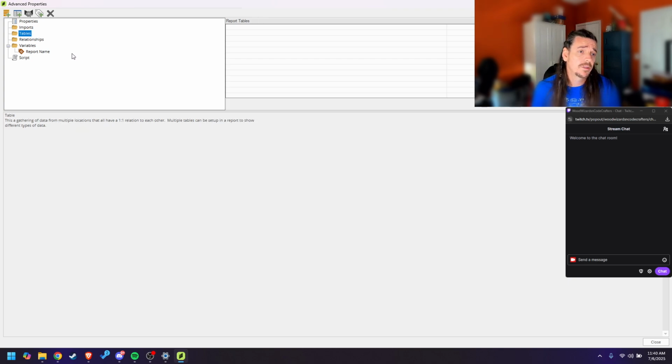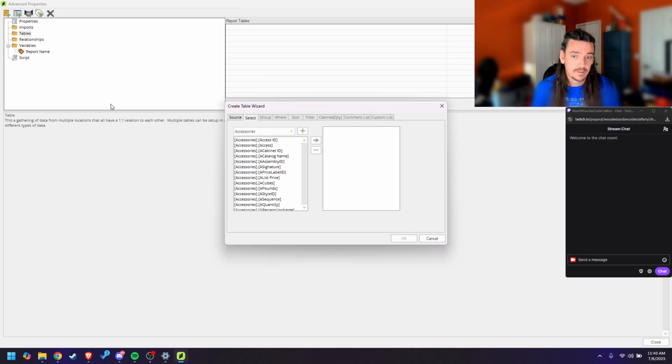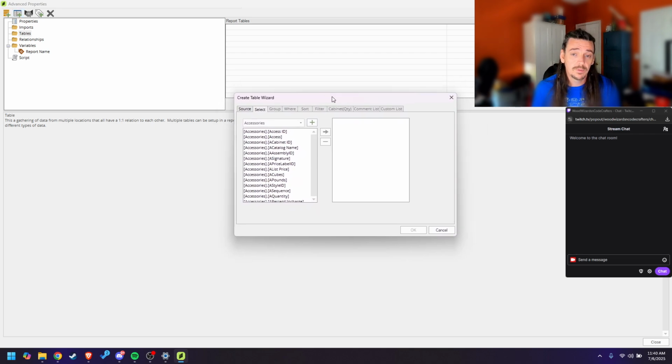So the next thing I'm going to do is create a table. Come up here and click this button here, select fields to include in the report. This is how you create a table individually within your report, which is going to contain the information that you can display while you're in Combit. So this create table wizard,